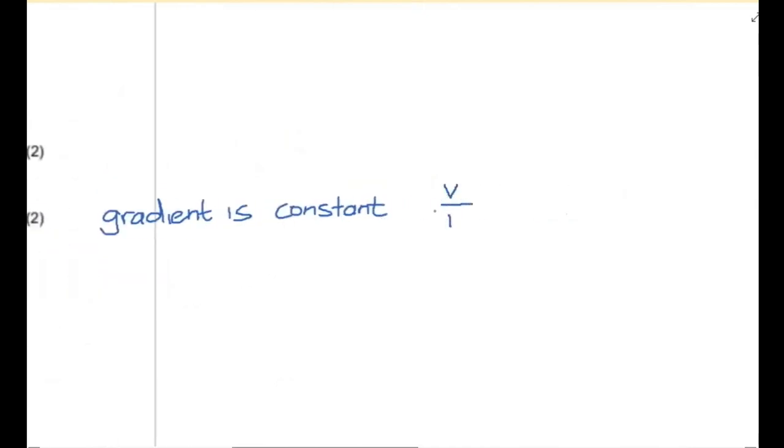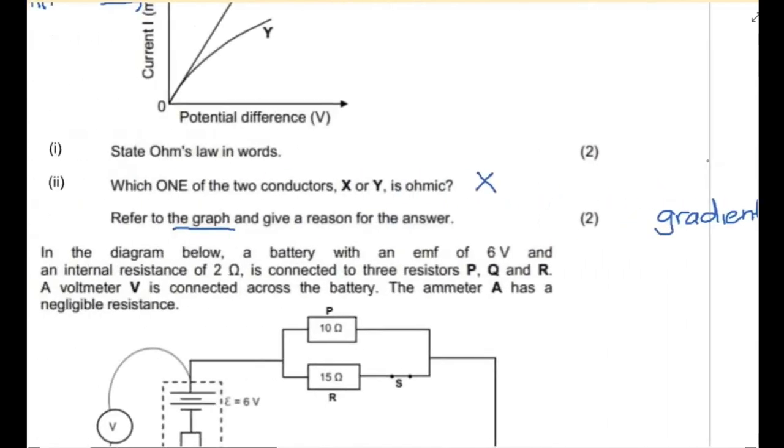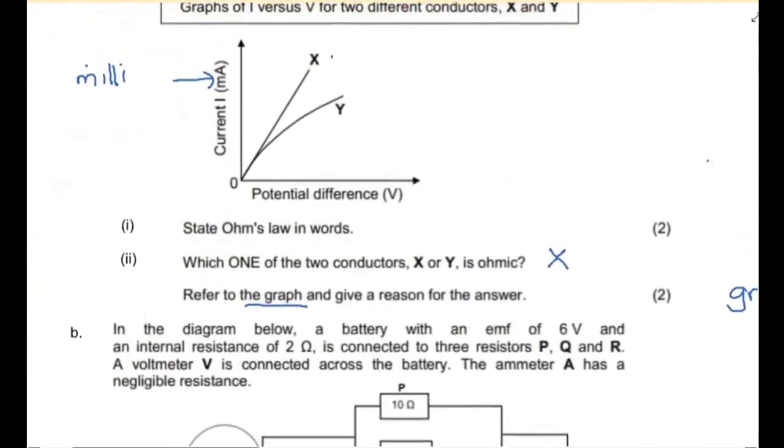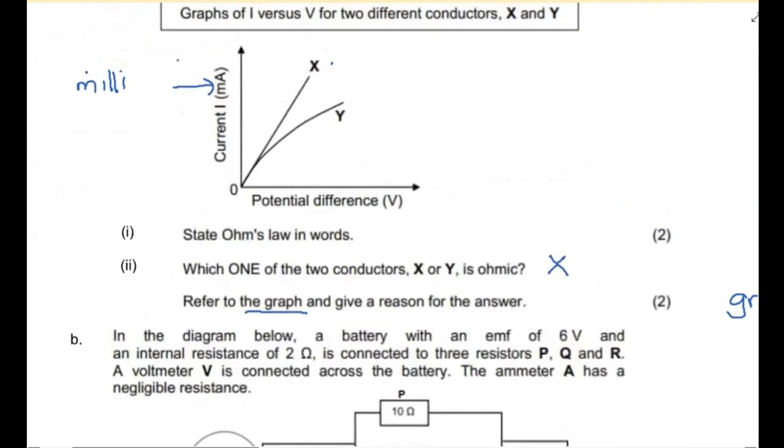That V over I is constant. Or for this particular graph, I over V, because if you look, Y is I. But you're looking at the fact that your V over I is a constant value,